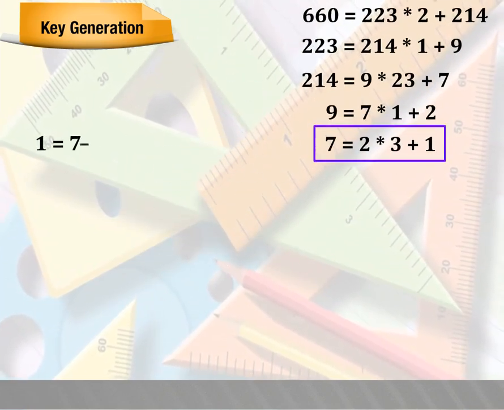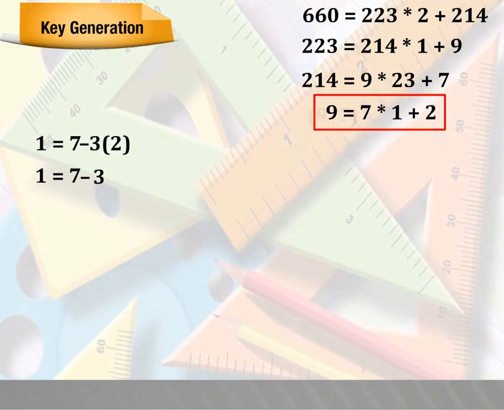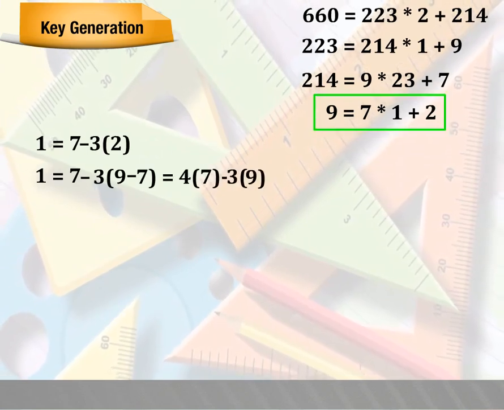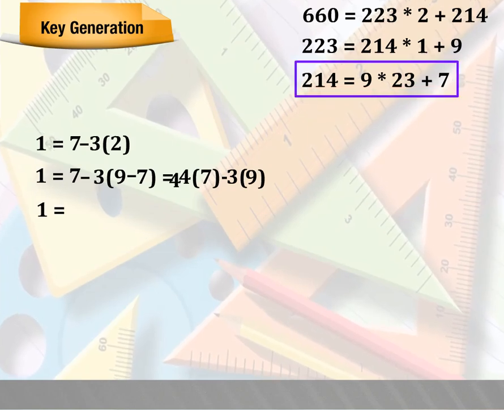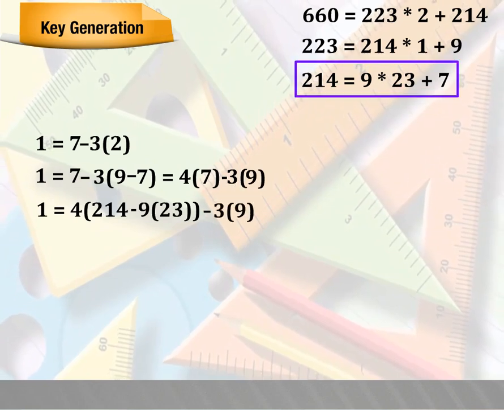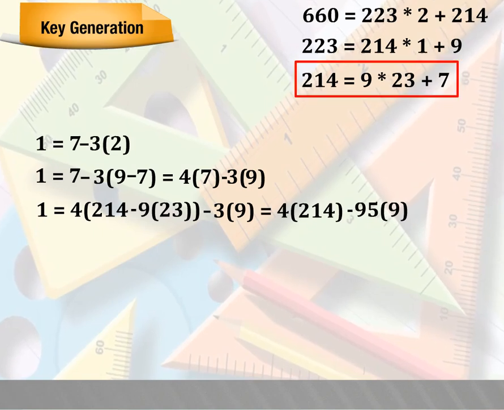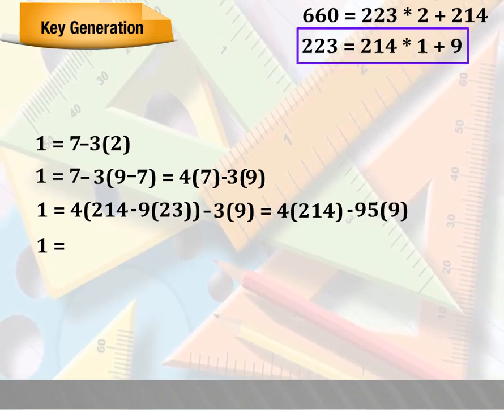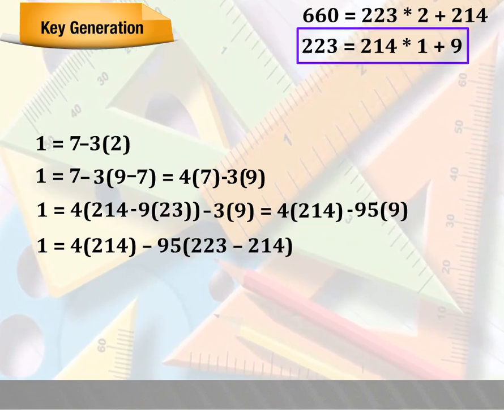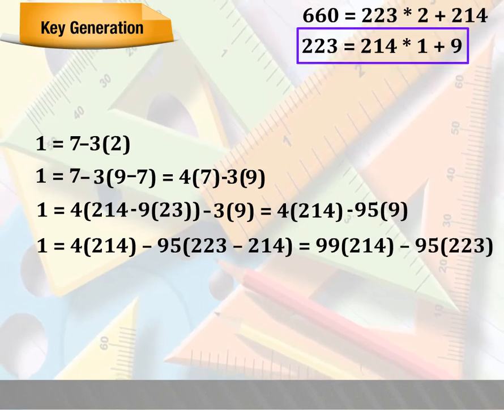1 is equal to 7 minus 3 of 2. 1 is equal to 7 minus 3 of 9 minus 7, which is equal to 4 of 7 minus 3 of 9. 1 is equal to 4 into 214 minus 9 into 23 minus 3 into 9, which is equal to 4 into 214 minus 95 into 9. 1 is equal to 4 into 214 minus 95 into 223 minus 214, which is equal to 99 into 214